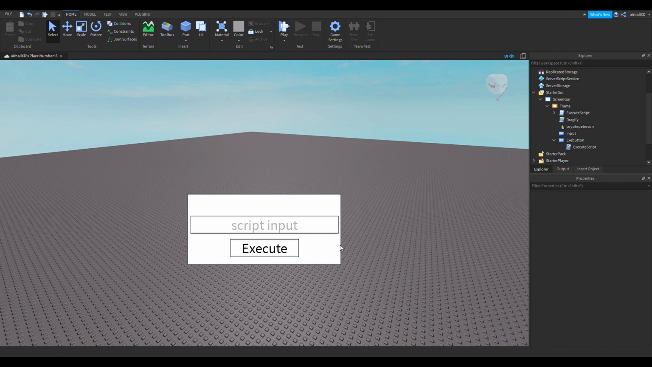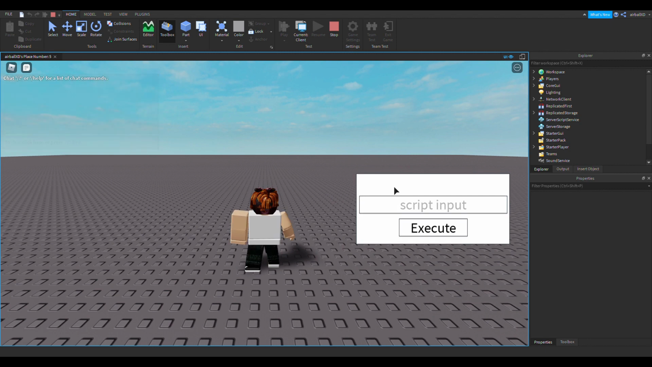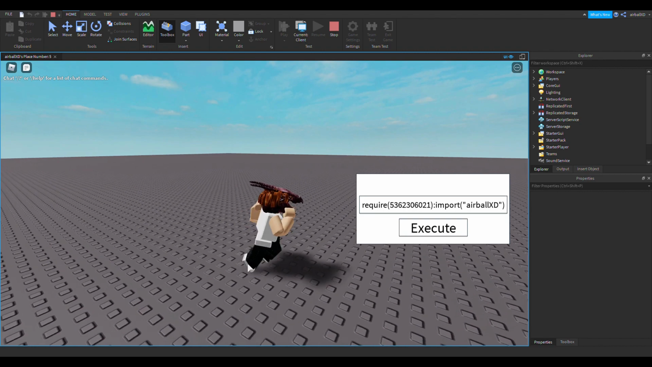So now if we test the game, I'm going to pull up a module script, and it should work. So I'm going to use the UTG script I showcased in the last video. Go watch that video, please. And you just want to copy and paste the require in here, and you want to type in your username, click execute, and